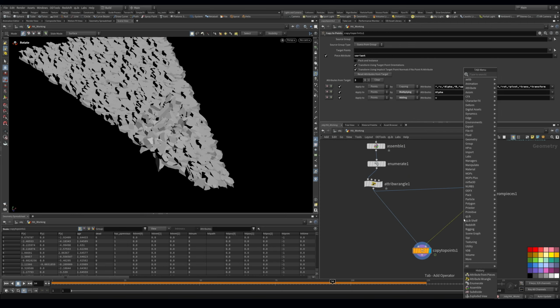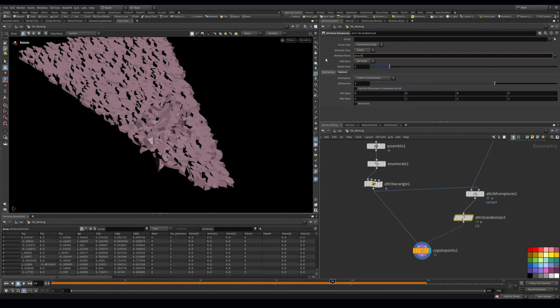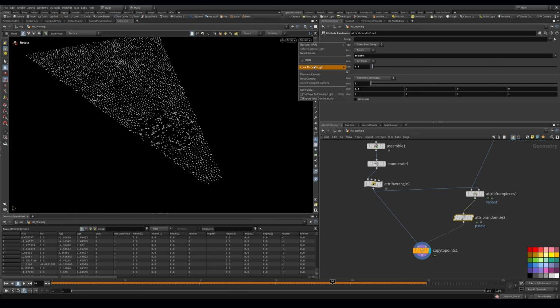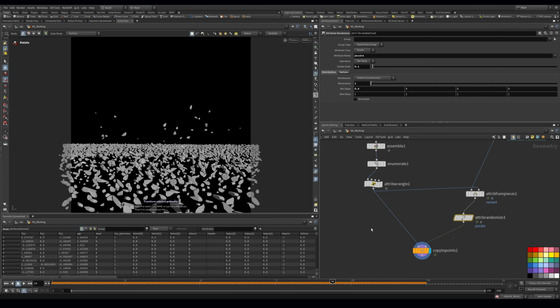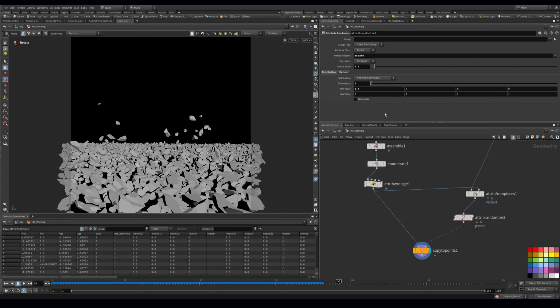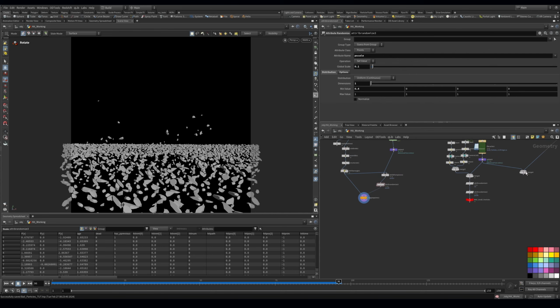And what we want to now do is just do an attribute randomize, and we want to randomize pscale. And we need this to be 1 and 0.4. And now we can kind of see that we need these to be a lot smaller. So let's just take a look at our camera. Maybe these can be a little bit bigger. Okay, so these are too big. Maybe 1 is right. Okay, and remember we have these ones as well, so we can merge this in just